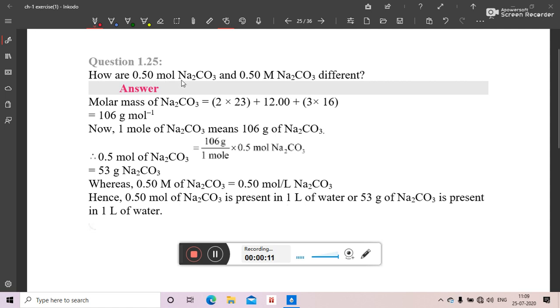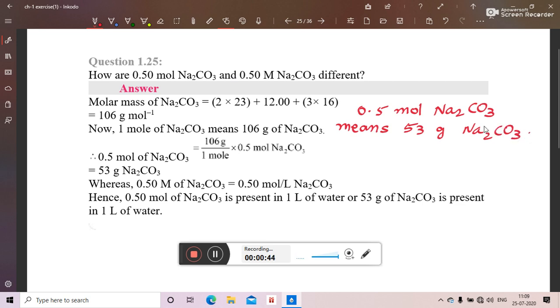How are 0.5 mole Na2CO3 and 0.5 molar Na2CO3 different? Now here we will see that 0.5 mole Na2CO3 means 53 gram Na2CO3. As we know that the molar mass of Na2CO3 is 106 and 106 gram is the mass of 1